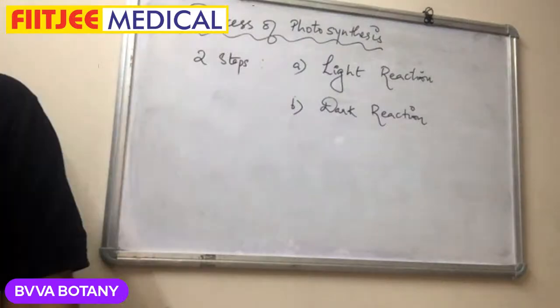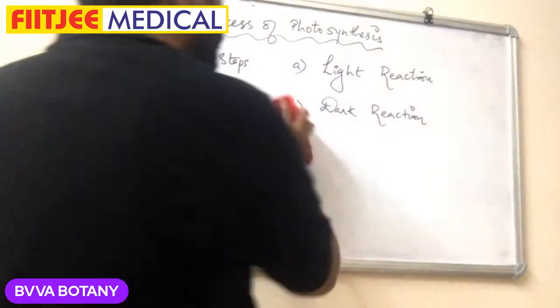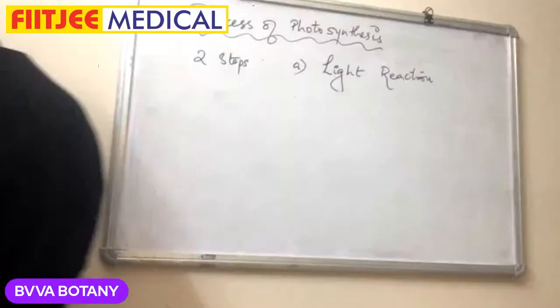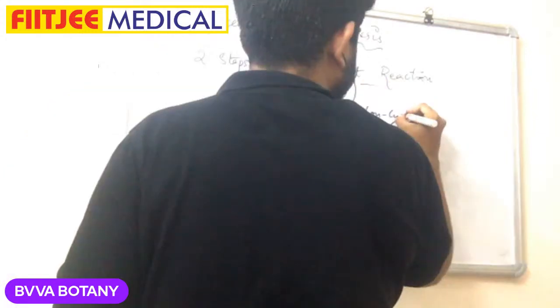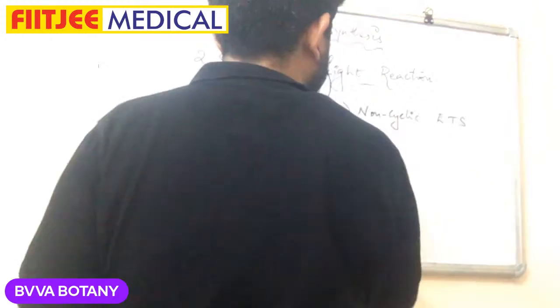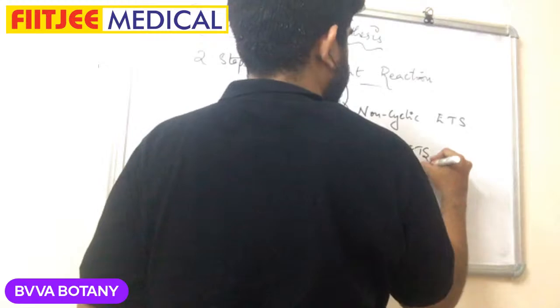Okay. Now we start with the light reaction. So the light reaction again can be of two types. One will be the non-cyclic electron transport system, and we have the cyclic ETS. Non-cyclic ETS and cyclic ETS. So what is the difference between them? One will be a